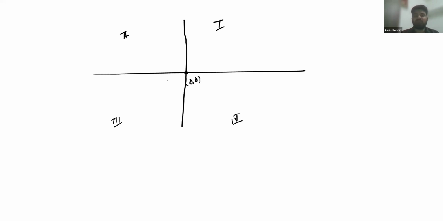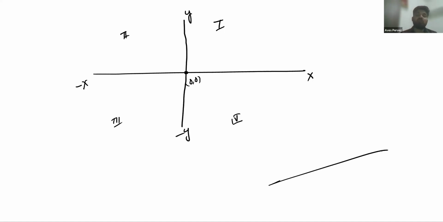This is 1, 2, 3 in the positive x-axis, -1, -2, -3 in the negative x-axis, and likewise for the positive y-axis and negative y-axis. So in very simple words, if you have a straight line,